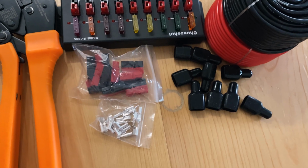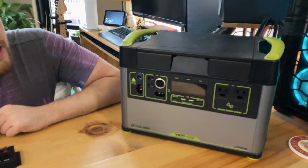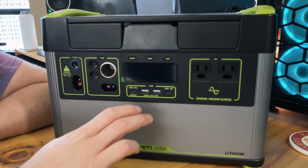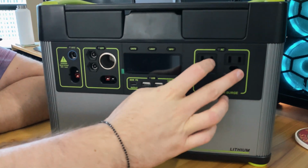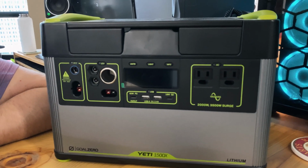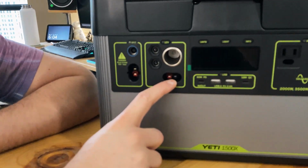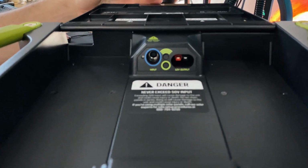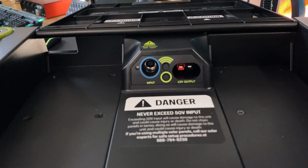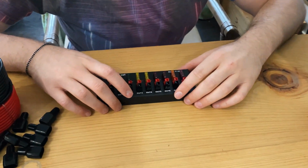So we have limited ports on our Goal Zero Yeti here. And so we wanna save as many of the normally used ones, such as the USB plugs and then our AC plugs here. We wanna save those for accessories in the car. What we do have are these Anderson Powerpole connectors, and since we won't have any normal accessories that we'll be using these for, we thought that we would try to wire up the fan and the lights through the Anderson